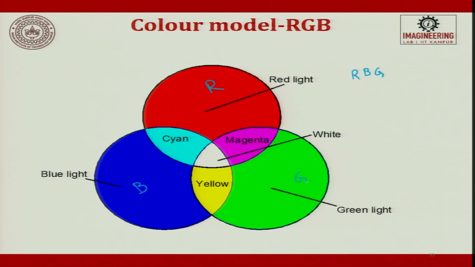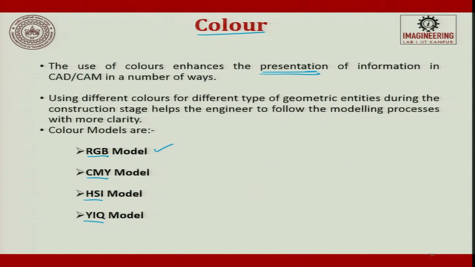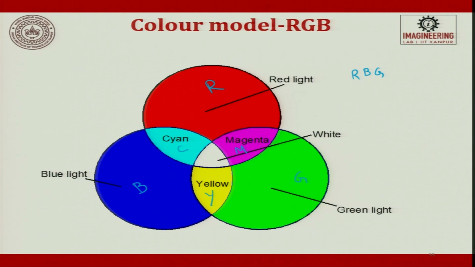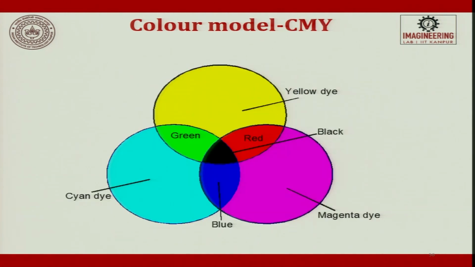When we try to have a merging of A union B, you get the C, Y and M model. Look at it, C, Y, M model. When a combination of all these things happens, you get a white light. So you can follow either this model for coloring or the CMY model for coloring. Each has its own advantages and disadvantages. So this is CMY.